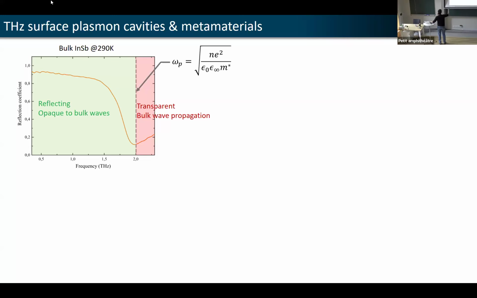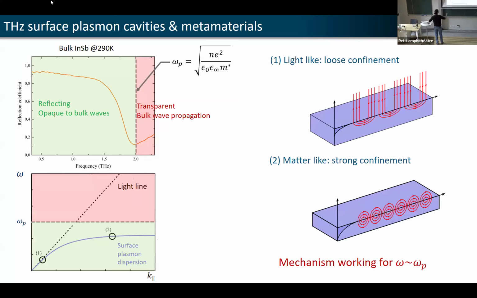Okay, so this is the bulk system. Now, how do we make our surface plasmon cavities from this? So I just go back to plasmonics for a second. How does it work? This is the dispersion relation of the wave inside the system as a function of the parallel momentum along the interface between the plasmonic medium and, let's say, vacuum. Again, here it is transparent for bulk waves, but here it is opaque for bulk